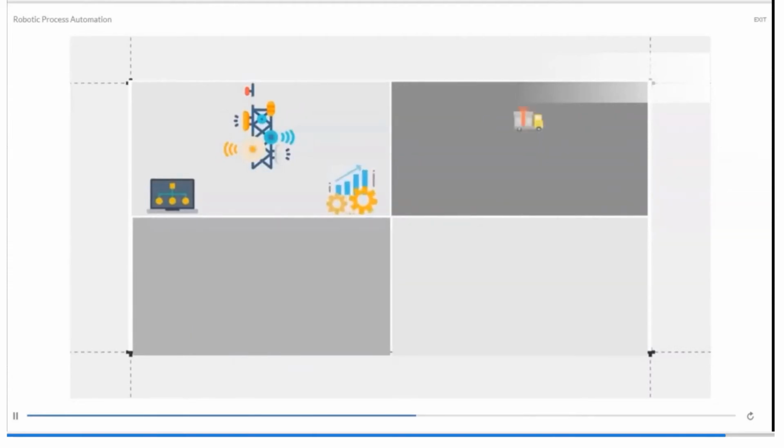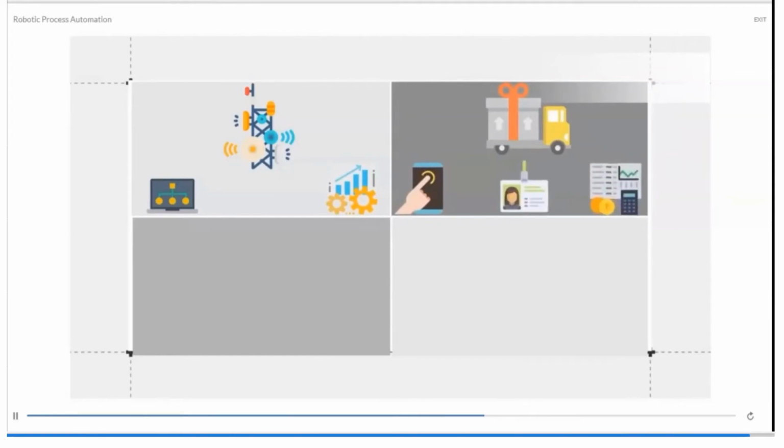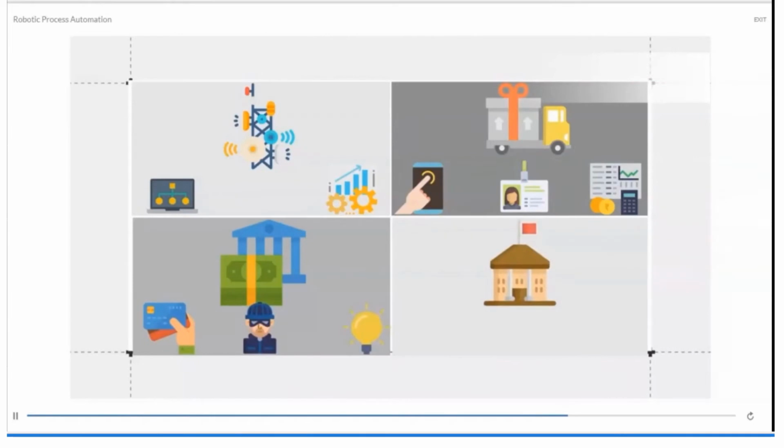It is used in travel and logistics where it is very well used for ticket booking, passenger details and for accounting purposes. It is used in banks and financials generally for card activation purposes, fraud claims, and for discovery. It is very well used in government agencies also.